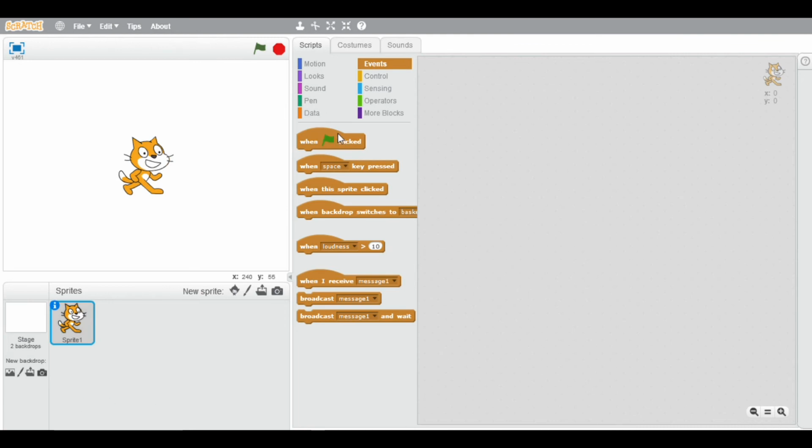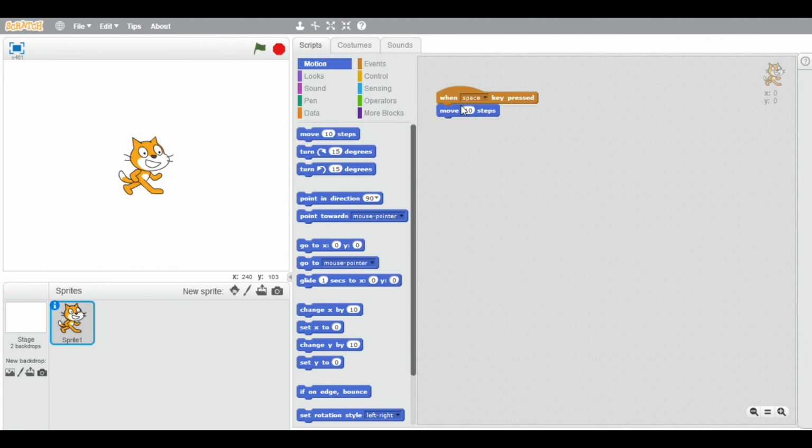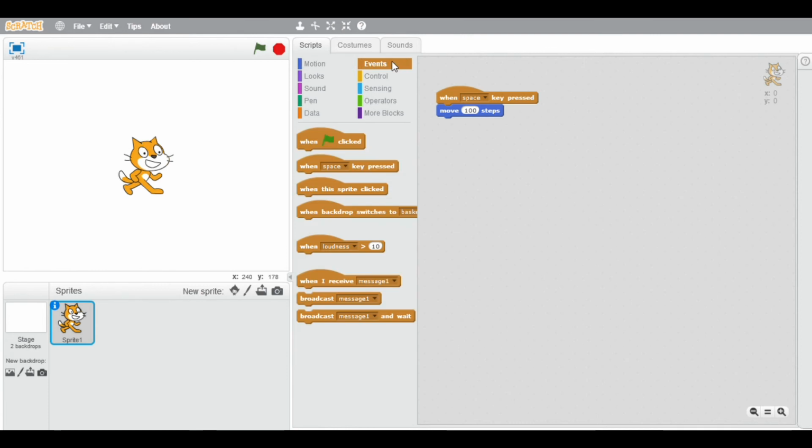So you know about the green flag. When you click on the green flag, all the commands are done by the sprite. Now I'm going to teach you about when space key pressed. This works the same as green flag click. Sometimes you would have wondered what if we press any key and start a program. There is an option to do that. So if you want an action like move 100 steps, this is a simple basic one. Then if you press the space key, it moves 100 steps.